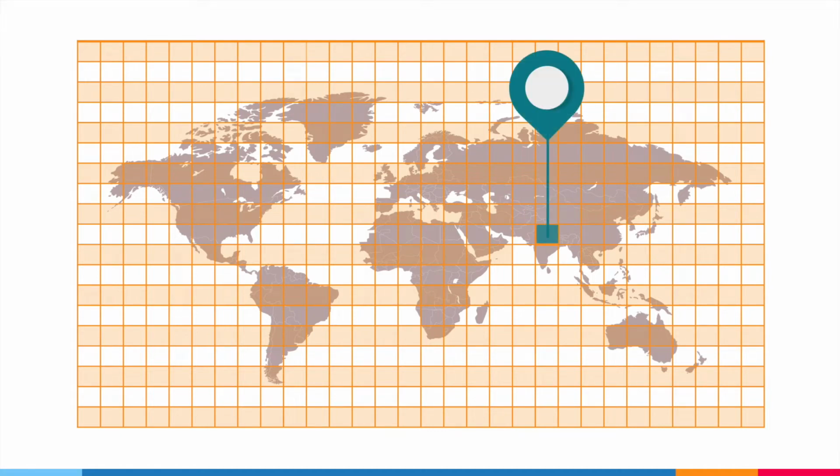Suppose that a user is at this point, we only need to find his neighboring grids and query just these grids to get all the drivers inside them. For the time being, we can define these grids as static, that is, they don't change at all. Let's say each grid is 10 miles long. So we can easily find the grid number if we are given a location in longitude and latitude,